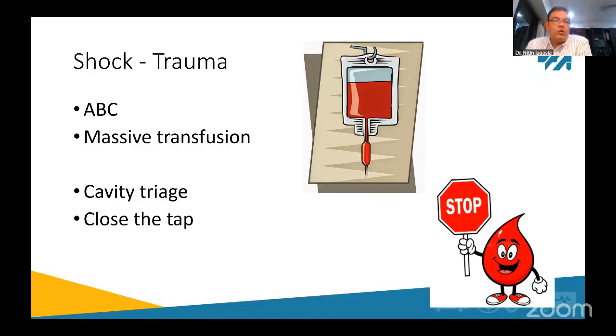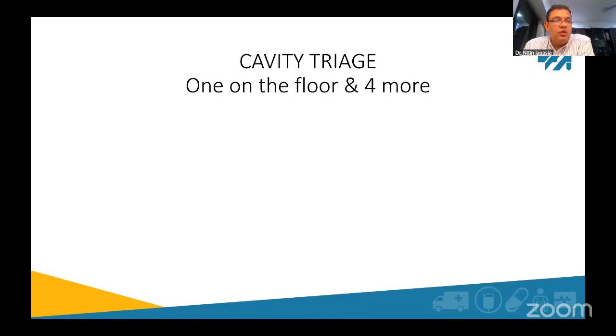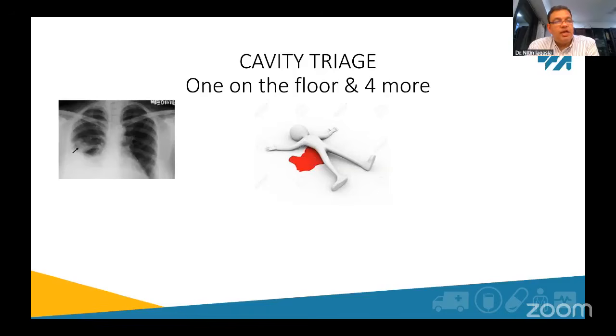So what we need to know is where is that blood going? And the mnemonic is 1 on the floor and 4 more. So like we spoke earlier, exsanguinating hemorrhage is now even before airway, and that's 1 on the floor. So any obvious bleeding that you can see, like an amputation, a partial amputation, degloving, anything that is actively losing blood, we need to control that. Then we go to the other 4, starting with the chest. So massive hemothorax.